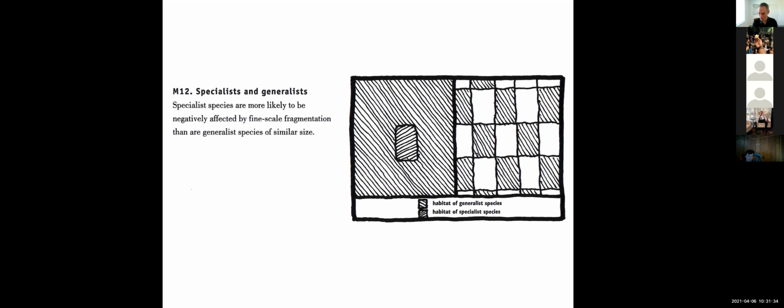If you think about the proportion of interior to edge habitat. Well, fragmenting the landscape makes a whole lot of edges. Exactly. So they can live in those edges. Right, and the generalists are the ones that tend to populate the edges. And the more fragmented the landscape is, the higher the proportion of edge habitat that you have, and therefore you end up with a greater overabundance, really, of those generalist species. And when fine-scale fragmentation occurs, it tends to favor those generalist species over specialists due to, again, that increased ratio of the edge to the interior habitat that results.